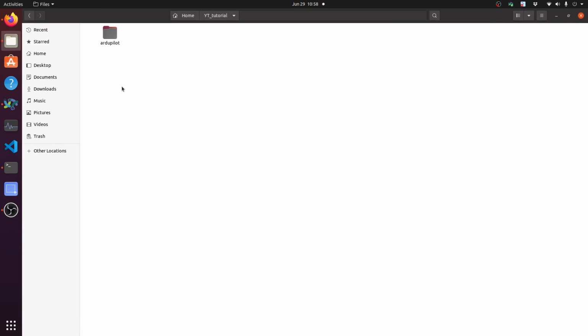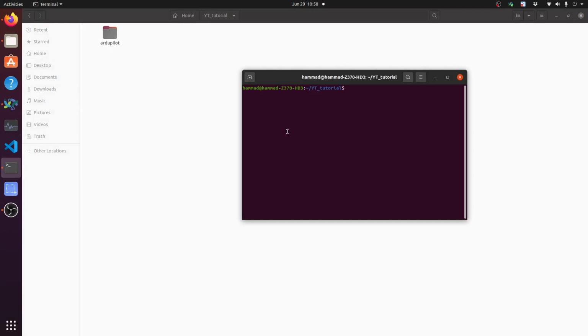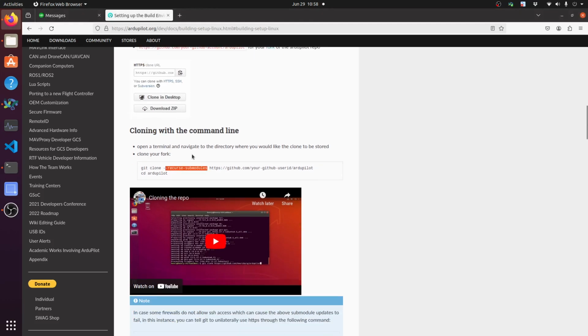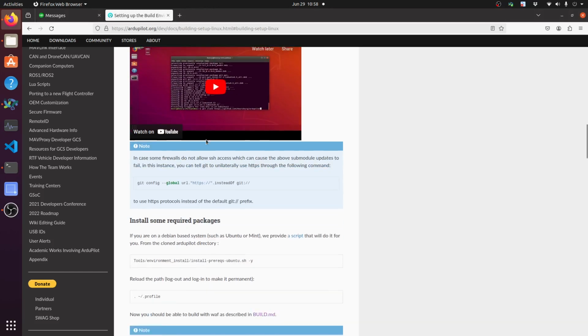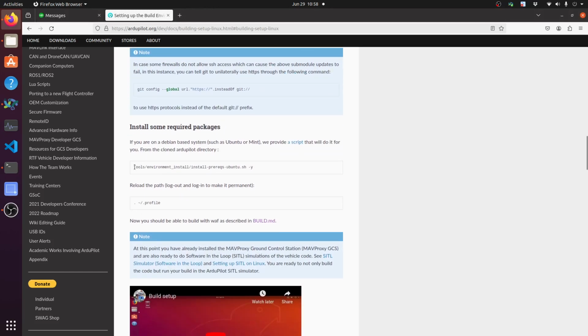Okay, so once your cloning is completed, you will see the autopilot folder like this here. So we need to move into the autopilot folder, right? So let's see what are the other commands. We need to move into the autopilot folder here, and then we need to run this .sh script.